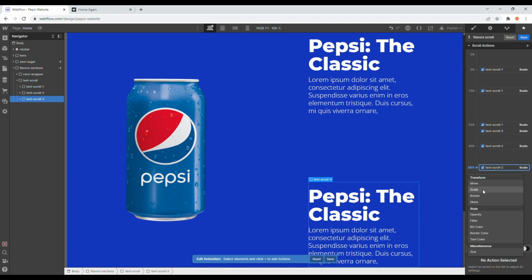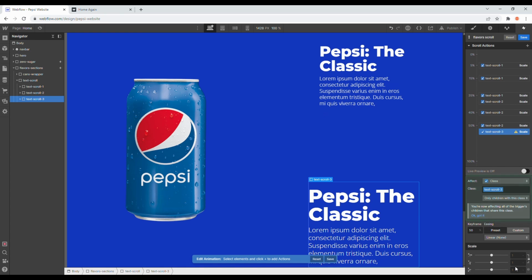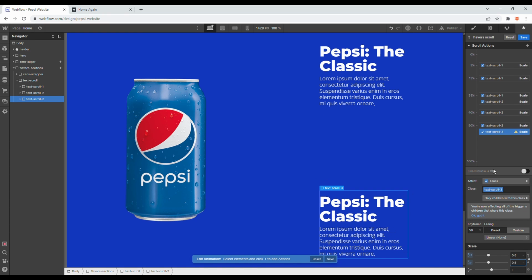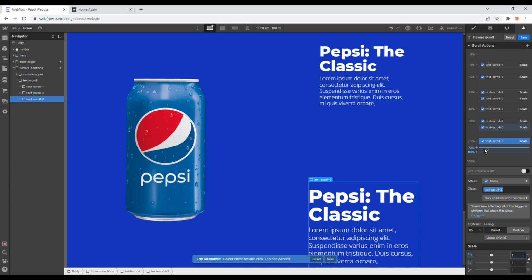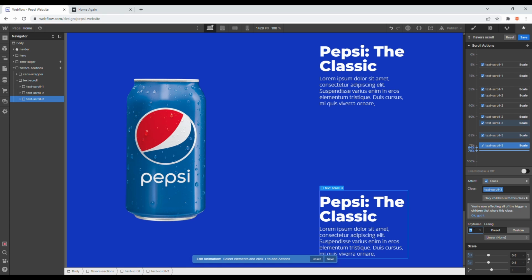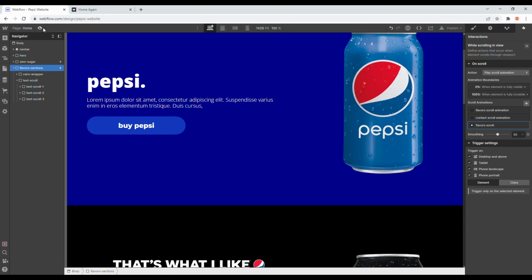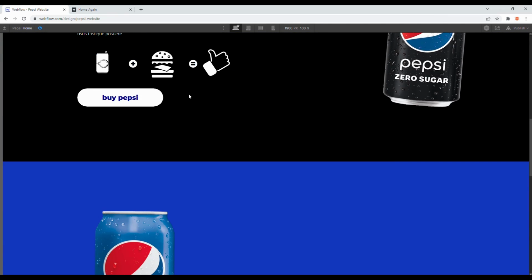We have that scale down to 0.8, and then at 65% we have that also scale up, and at like 70% we want that to also scale back down. 70, there. Now if we hit save and go into live preview mode,